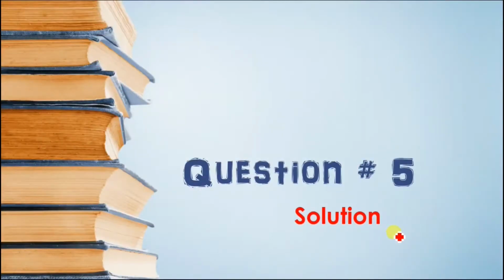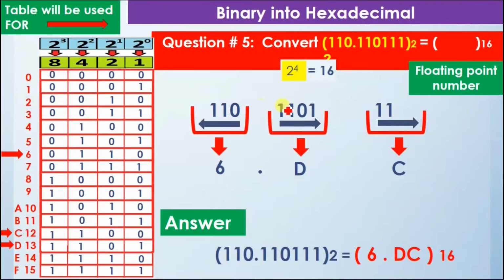Next we move to the solution of question number 5, and we can see that in question number 5 we are given a binary number and we have to convert it into hexadecimal. So this is the number we are provided in binary. So what we will do here is that again we will make groups of 4 bits while moving away from the decimal point. So when we move towards the left side, we see that we have 3 digits 0, 1, 1. So we write here 0, 1, 1, but we have to make a group of 4 digits and we have 3. So we add 1, 0 to it to make them 4 bits.